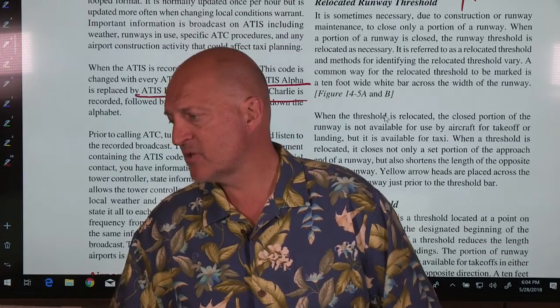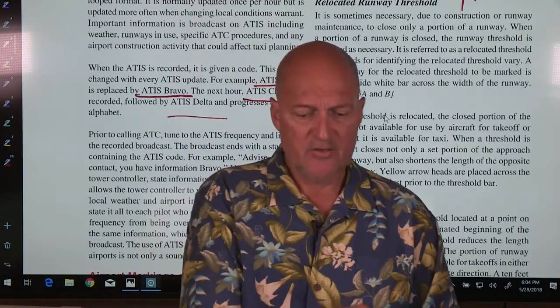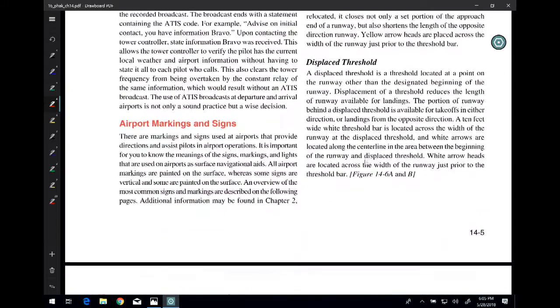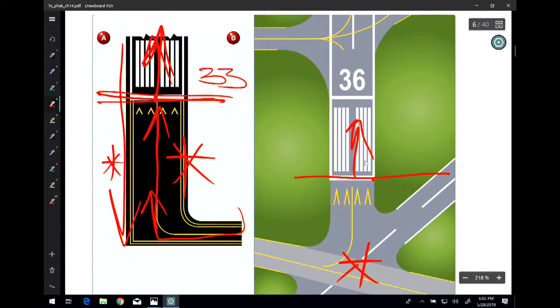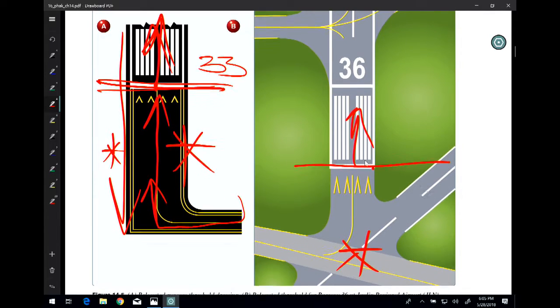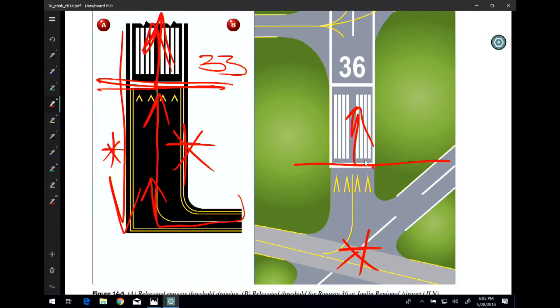All right, the next question that we have goes down here, and let's take a look at a displaced threshold. If we look here at a displaced threshold, remember us drawing these things? This is what a displaced threshold is. So the threshold of the runway in this particular piece, it begins,